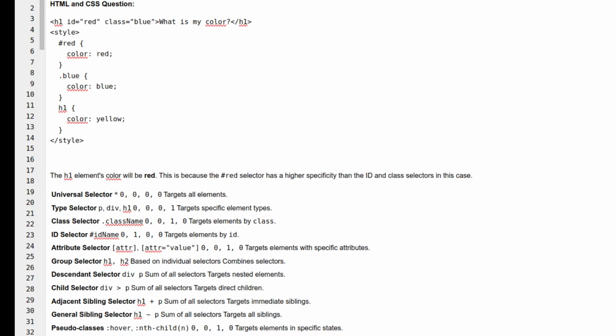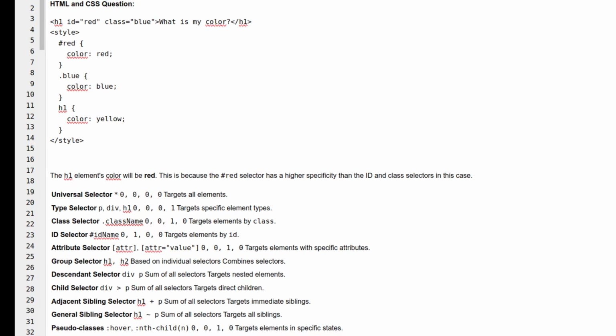The first problem I'm going to look into is the specificity of CSS. CSS has a specificity. Most of the time I have seen there are some style changes which I have to do, and I have no idea where this particular style sheet is coming from. In this kind of situation, it is good to have a look into the specificity